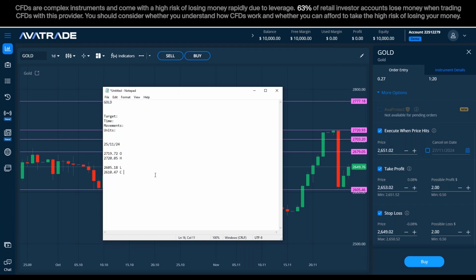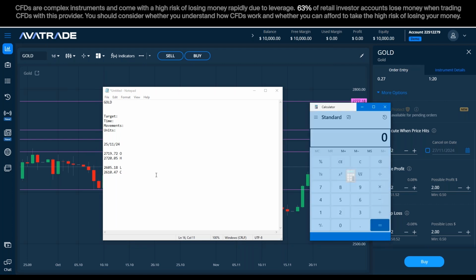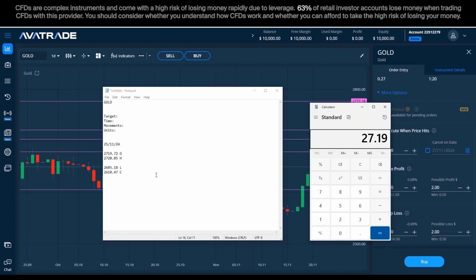And by dividing these two groups and simply subtracting the open from the close and the high from the lows, we can roughly estimate how much gold has moved 2 days ago.